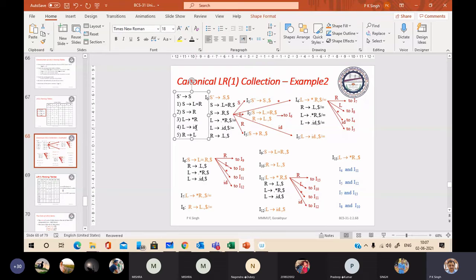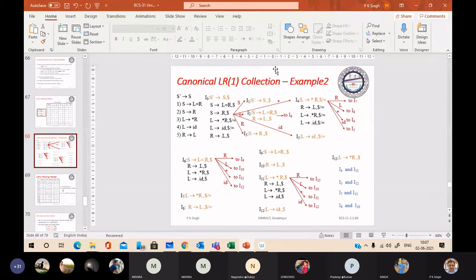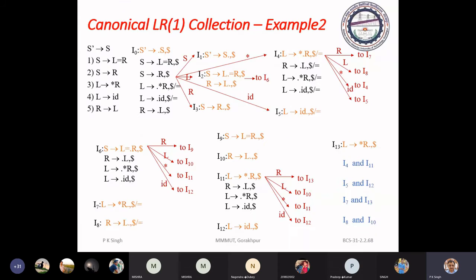And you can practice it and you will find. Now we compute the table for this. Means you can apply, just see, go to I0 S is nothing but I1, S dash to S dot dollar.